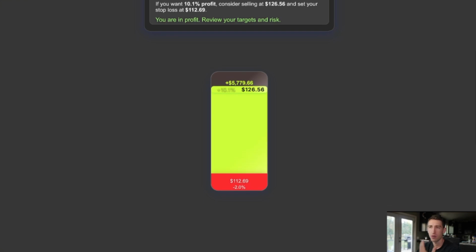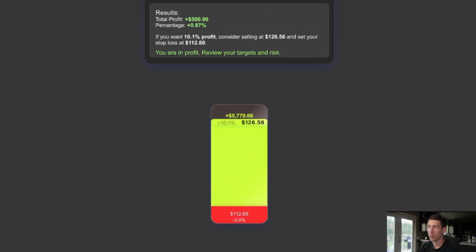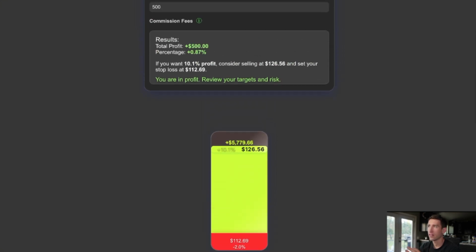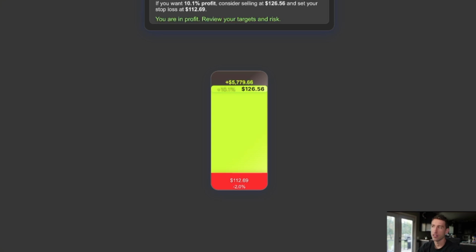Now, of course, you got to review the targets at your own risk. And of course, it's not going to be 100%. It's not saying that it's going to go up 10%. What it's saying is that for executing a trading plan, like the trading plan I oftentimes execute, I put this together for myself and for you, and it's free if you want it, unlimited usage of this calculator in the first